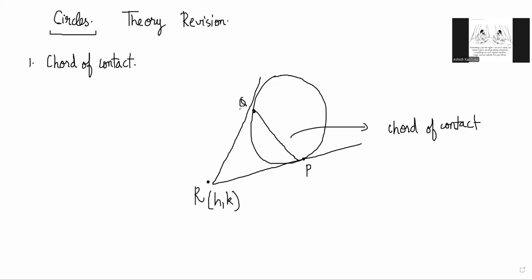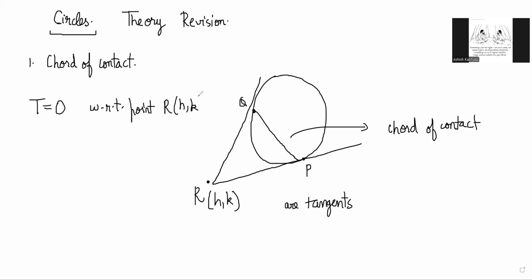Here, RQ and RP are tangents to the circle. So RQ is tangent to the circle and RP is tangent to the circle, right? So if you have a situation like that, the equation of the chord of contact becomes basically the tangent equation T equal to 0 with respect to the point